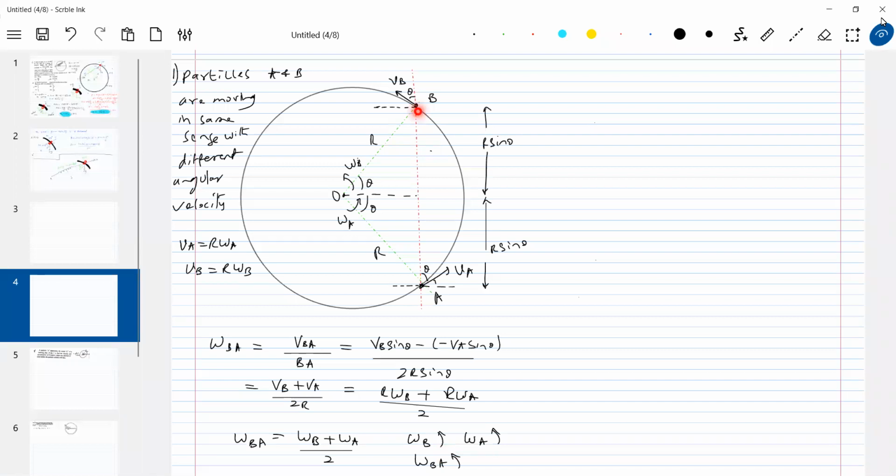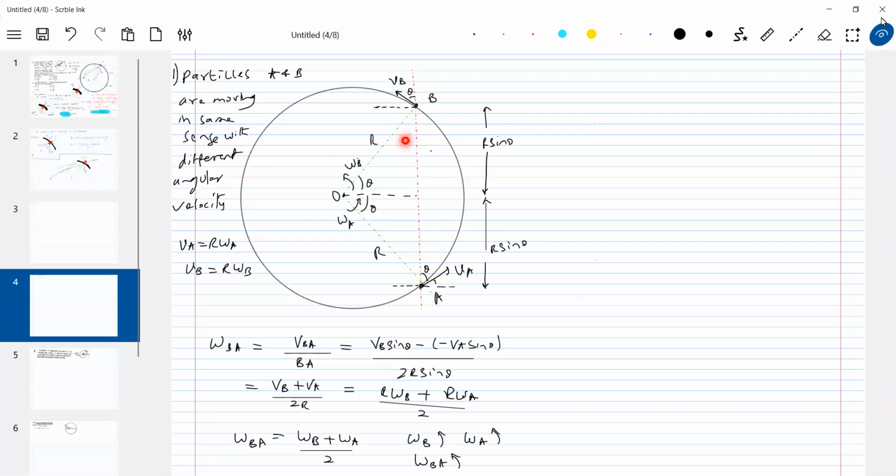So what is the basic definition of angular velocity of B with respect to A? Relative velocity perpendicular to line joining the particles A and B, divided by the separation between the particles A and B. So how should we measure it? The relative velocity should be measured perpendicular to line joining AB. Those quantities should be substituted, not the components which are along AB. Those velocities which are directed perpendicular to line joining AB should be substituted here.